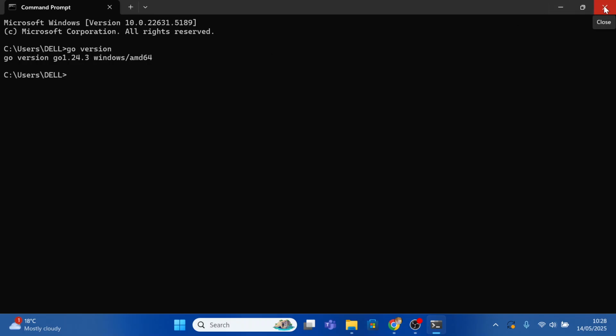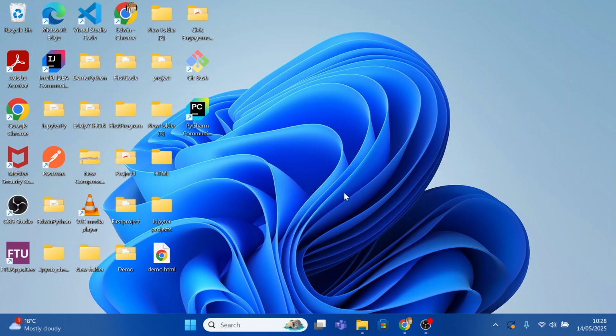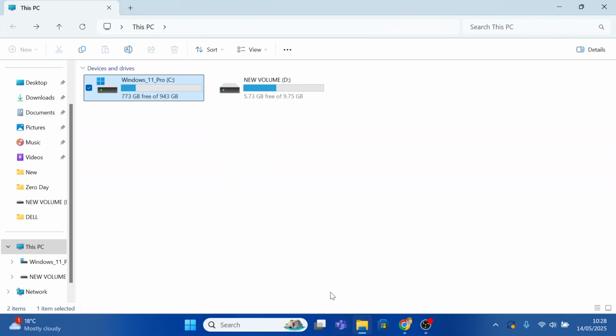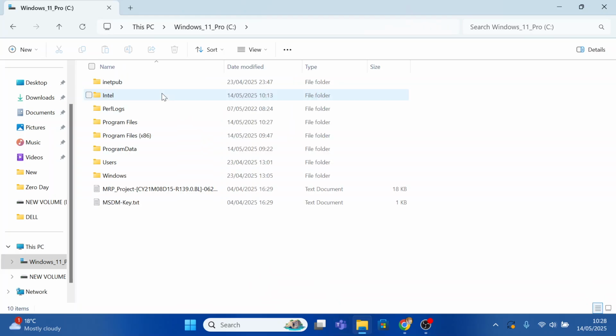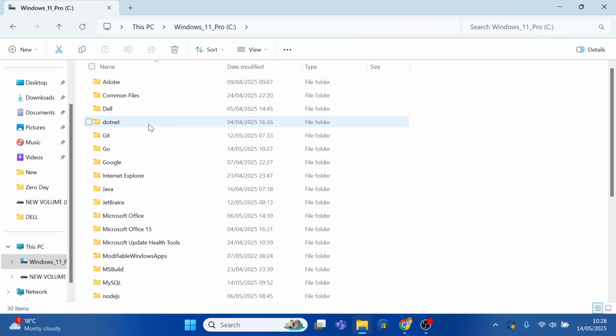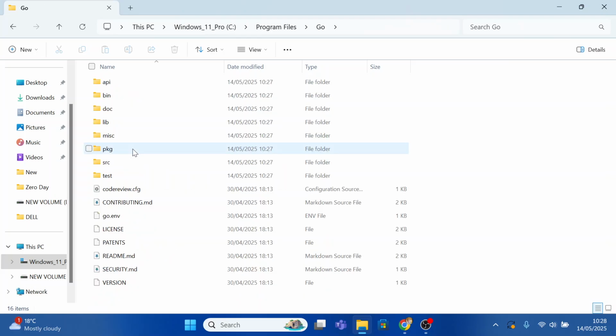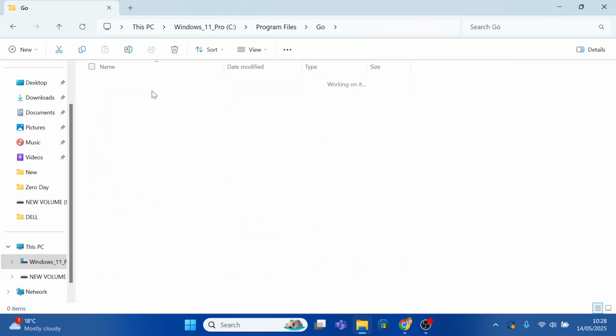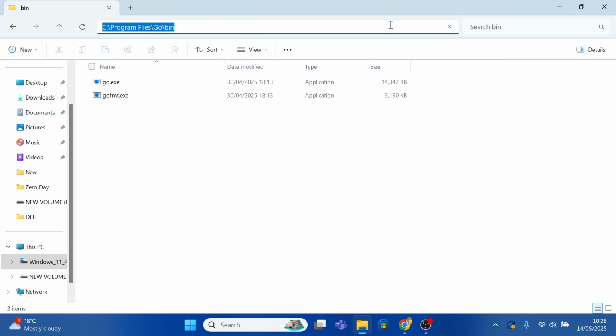So let's set the path. Remember that the installed files are located in the local disk C. So open the file explorer, open the C drive, open the program files folder and search for Go folder. Here it is, open it. Open bin, copy this path,